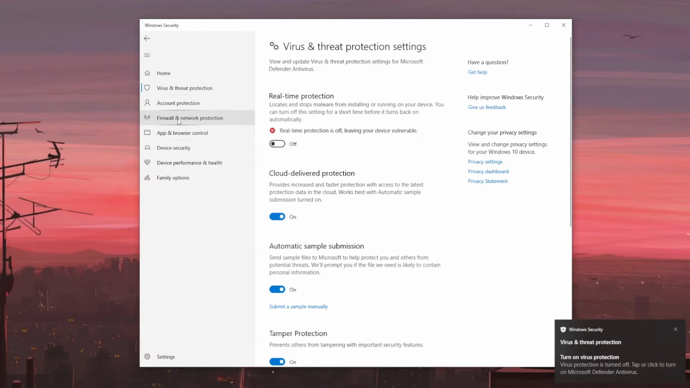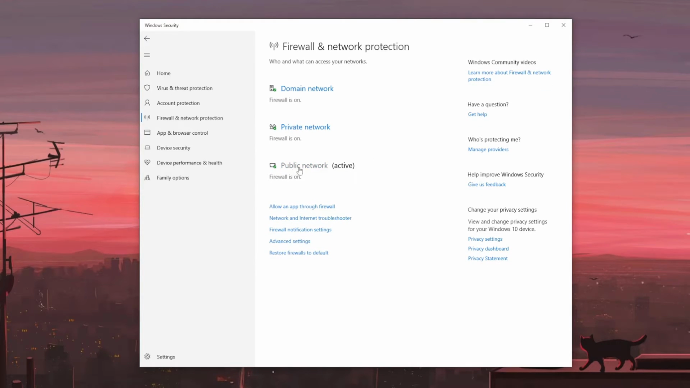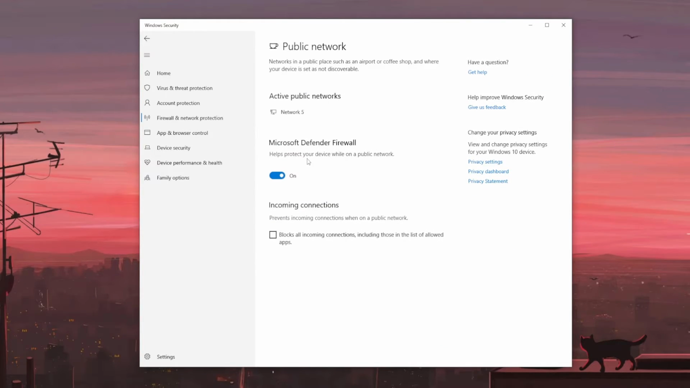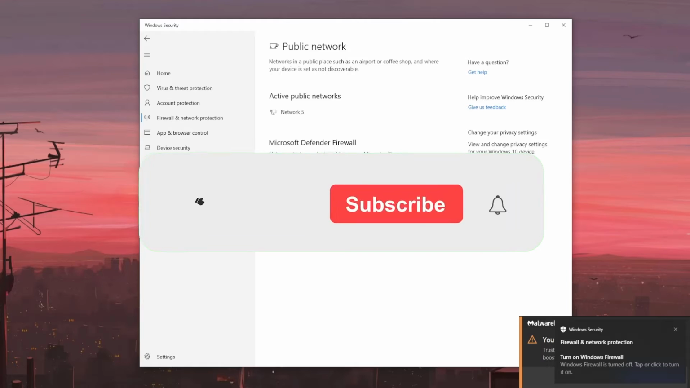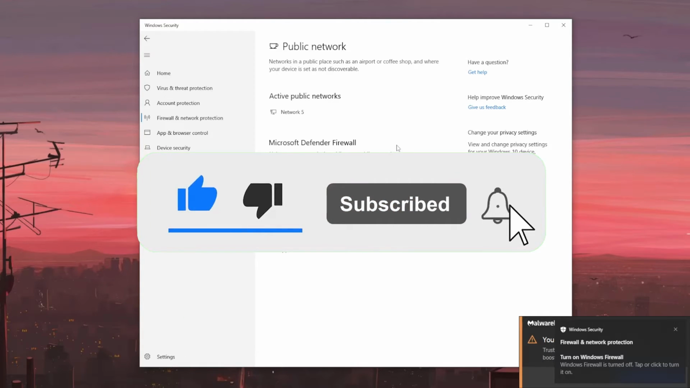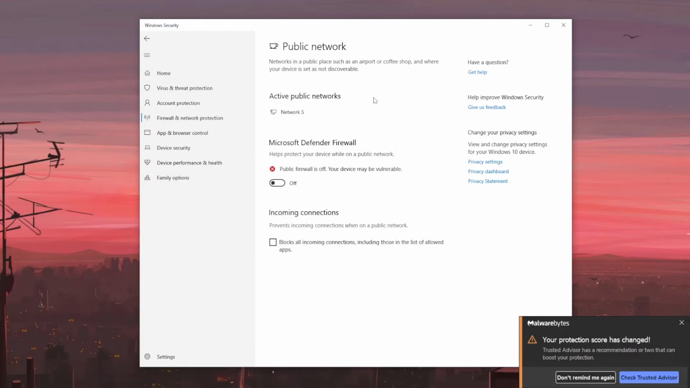Now another thing that we need to change is from the firewall and network protection. You wanna go to public network and then Microsoft Defender Firewall and turn this off as well. So after you have turned these two things off, you wanna install your Roblox app as per usual, and then